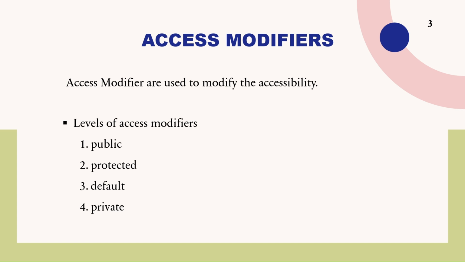So, what are the access modifiers in Java? There are four types of access modifiers in Java. That is public, protected, default, private. We are not going to go deep into public, protected, default, and private separately. So, just the overview. So, next one is